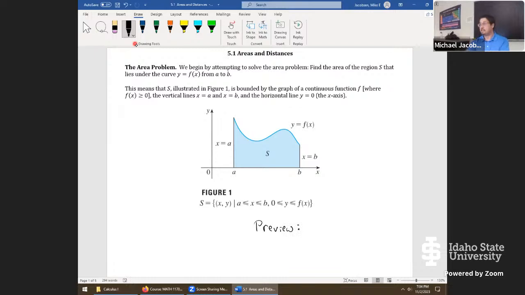Under the right conditions, one of the most important conditions is you have a continuous function on a closed interval from a bracket to b bracket. A continuous function on a closed interval will always obtain a maximum value and a minimum value, an absolute max, absolute min. And also, you can find this area exactly by doing this. The exact area